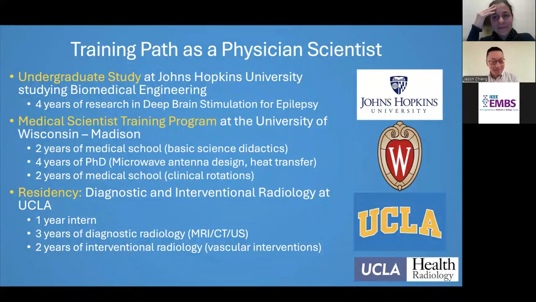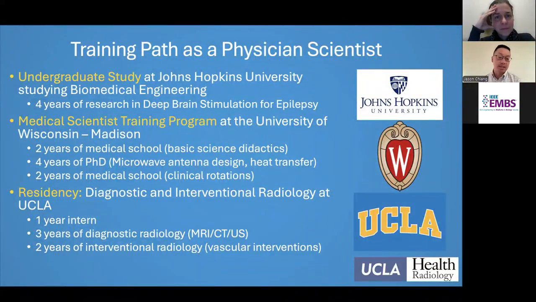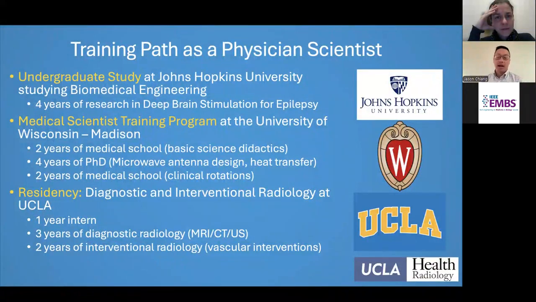But it didn't end there, unfortunately. So I ended up doing residency afterwards, and that's the part where you become a board certified physician and you learn the skills. So I went to UCLA and I did diagnostic and interventional radiology. My first year was an intern year where you're learning how to take care of people, and then 3 years of diagnostic radiology, which is learning how to read CTs, ultrasound, MRIs,